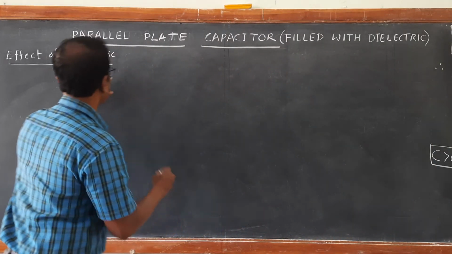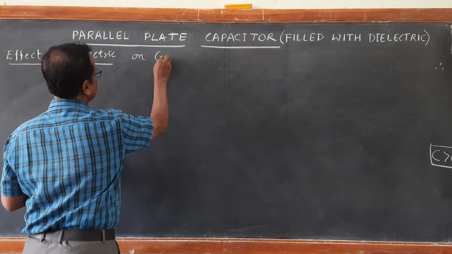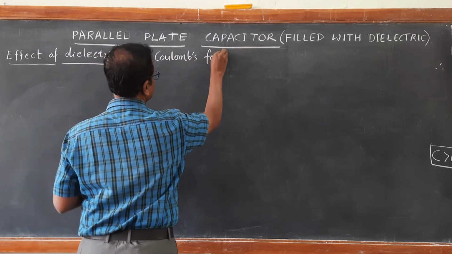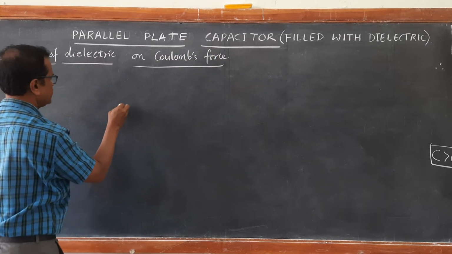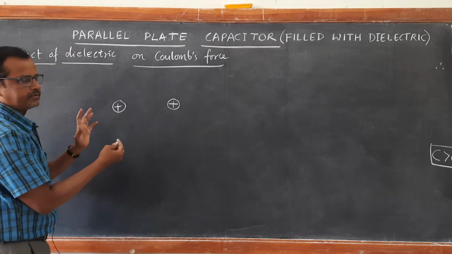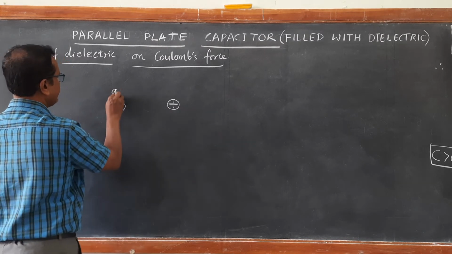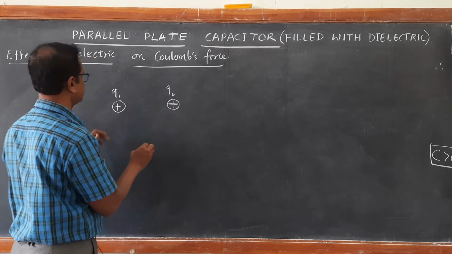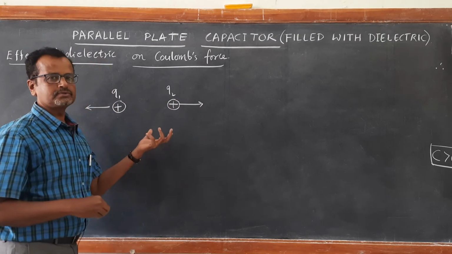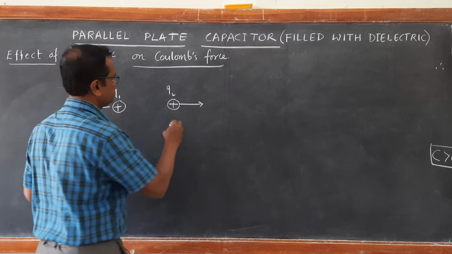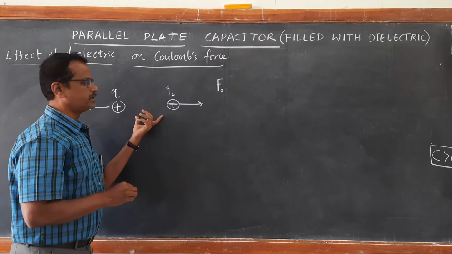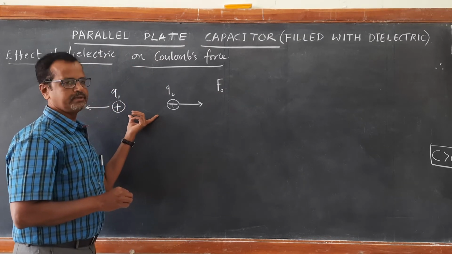Effect of dielectric on Coulomb's interaction, Coulomb's force of interaction. Suppose there are 2 point charges, Q1, Q2. We know the force of interaction between them. If both the charges are like charges, there will be a force of repulsion. With free space between them, we know the force of interaction between the 2 point charges is given